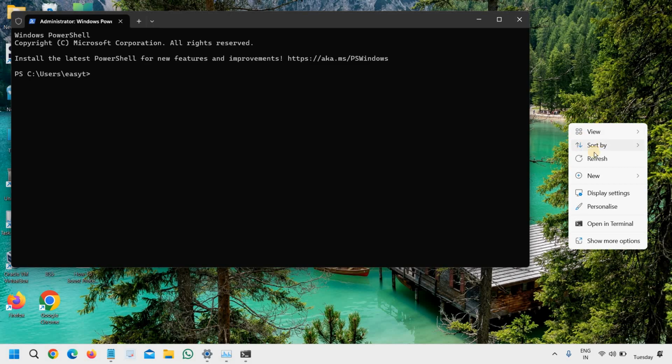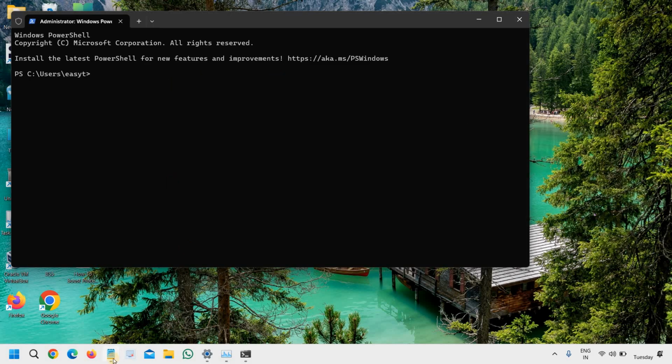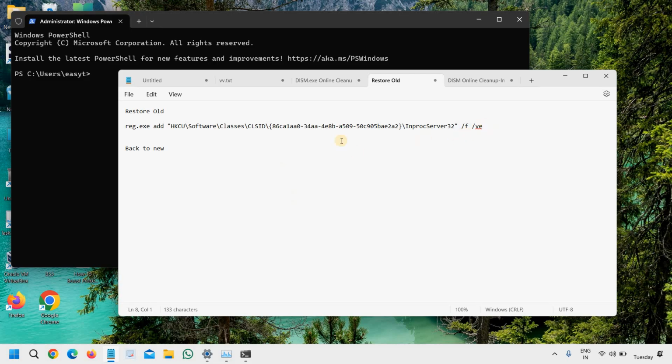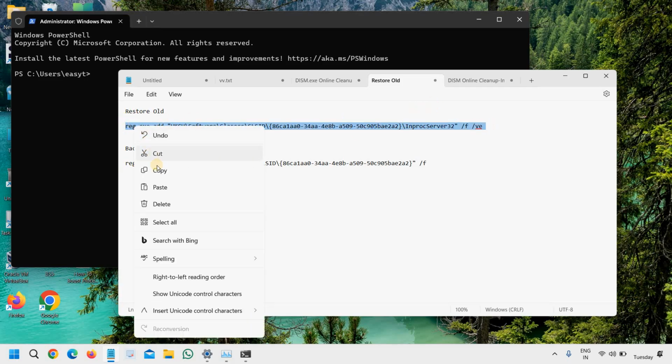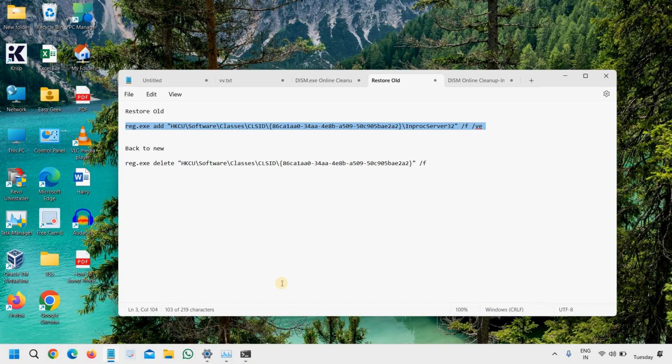So you're seeing the Windows 11 new right-click menus. If you want to change it, I'll mention a command which you need to just paste right there and hit enter. So this is to restore the old one. Just copy it and paste it right there and hit enter, and then open the task manager